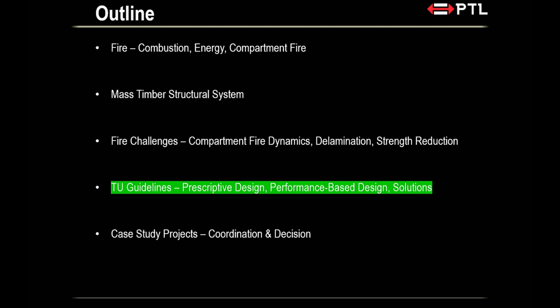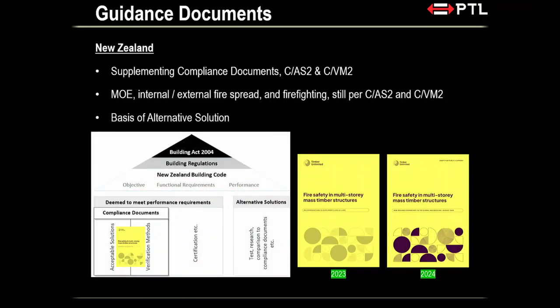It's getting a bit too dark talking about all these challenges, but we do have a bit of light at the end of the tunnel. The guideline that we have on mass timber at the moment, like I say, is work in progress, right? But we're going to talk now, very quickly, about prescriptive and performance-based design, and what solutions we potentially might have to resolve the lamination, strength reduction, that sort of issue.